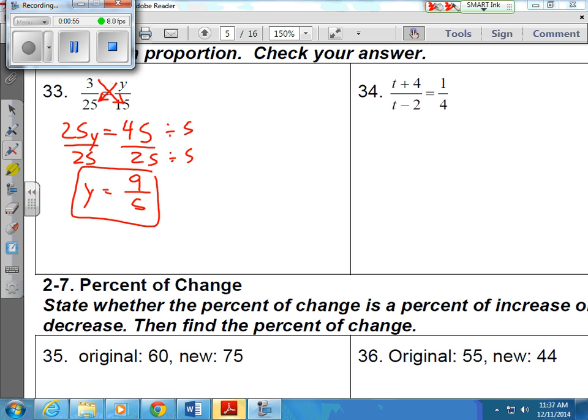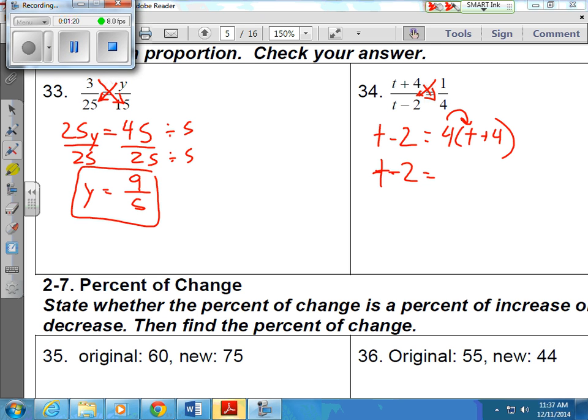Okay, number 34. Cross multiply again. When you're multiplying t plus 4 by a 4, you need to make sure that you use parentheses. 1 times t minus 2. When you multiply by 1, nothing happens. I don't need to write the times 1. So t minus 2